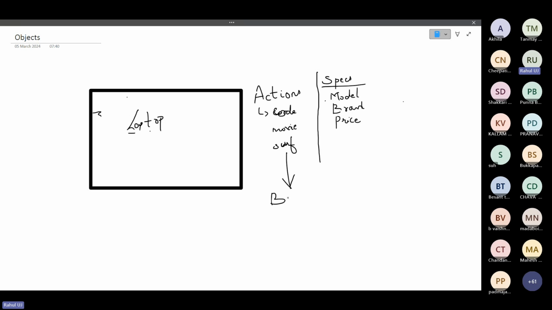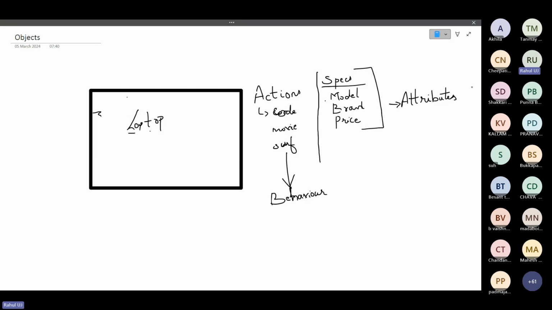These actions, we call them behavior. These specifications, we call them attributes. Understood?